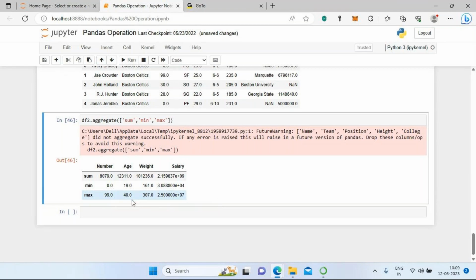I hope you understood. It's very simple. You just have to use the aggregate function, and then you can pass the arguments sum, min, max. That's it. You have to pass them as a list. Okay, next is going to be the